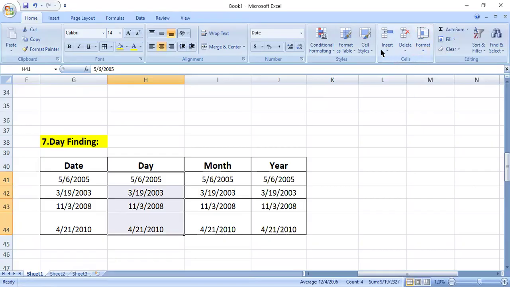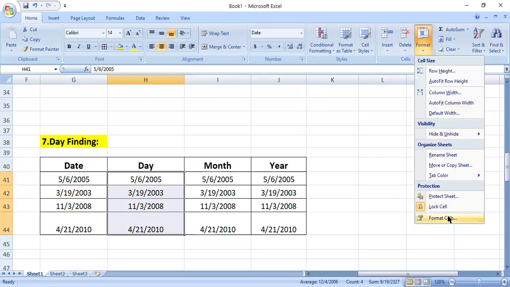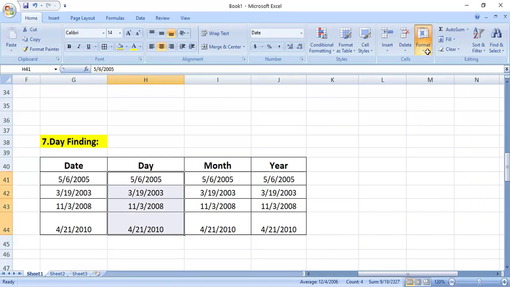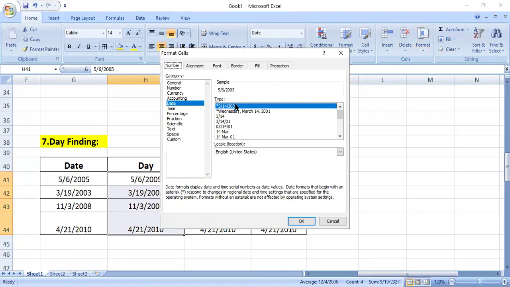Okay, yeah. There's an option of format over here. But you need to just click on this. Then you will get the option of format cells. Click on that and a dialog box will appear. Yeah, like this. And then you need to go to custom over here, choose custom,